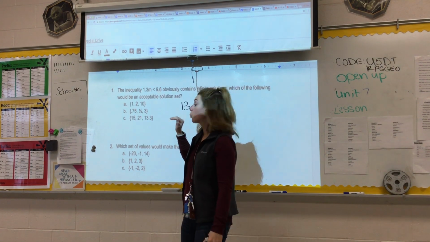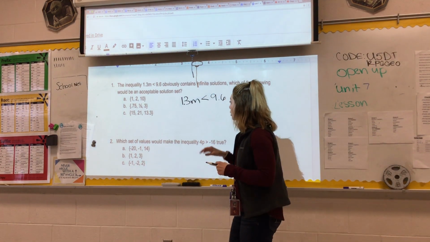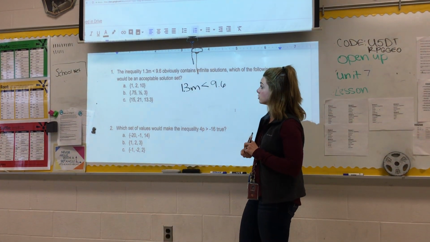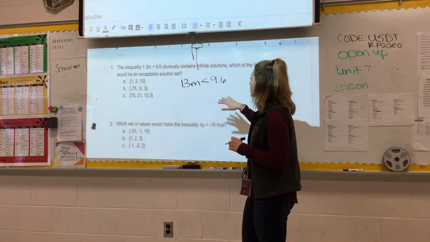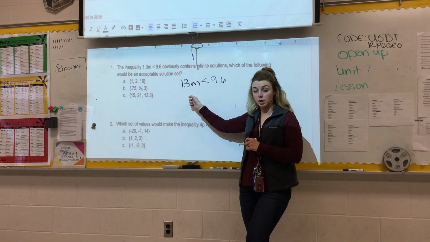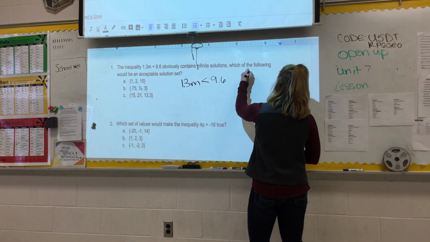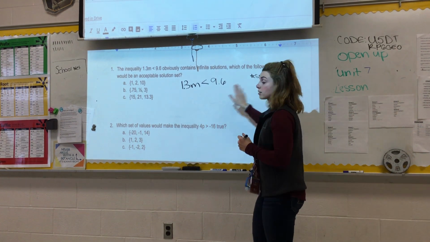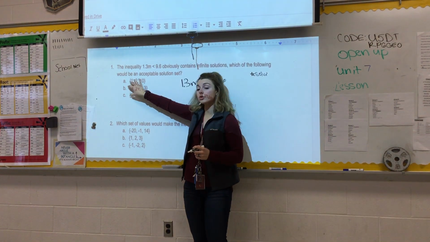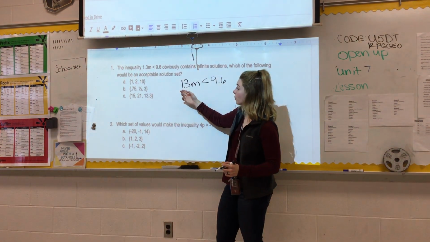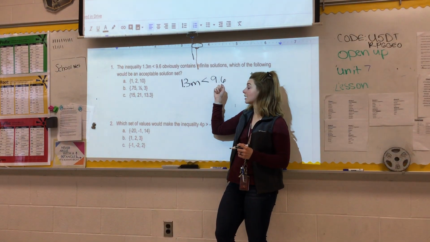That's why for inequalities, we have solution sets, whereas equations just have one answer. So for this one, the strategies that we could use to solve and find which of these three possibilities could be solution sets, we could either solve this inequality like you got notes on earlier this week, which we would do through the inverse operation. I'm going to put a little star by solve, because if we get a number for m, the solution set would have to be less than that, because this is saying 1 3/10 times something is less than, not equal to, but just less than 9 6/10.